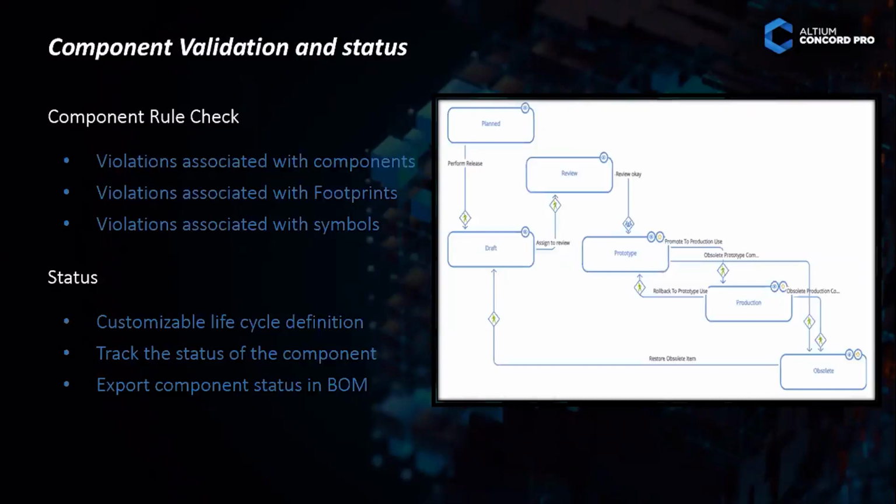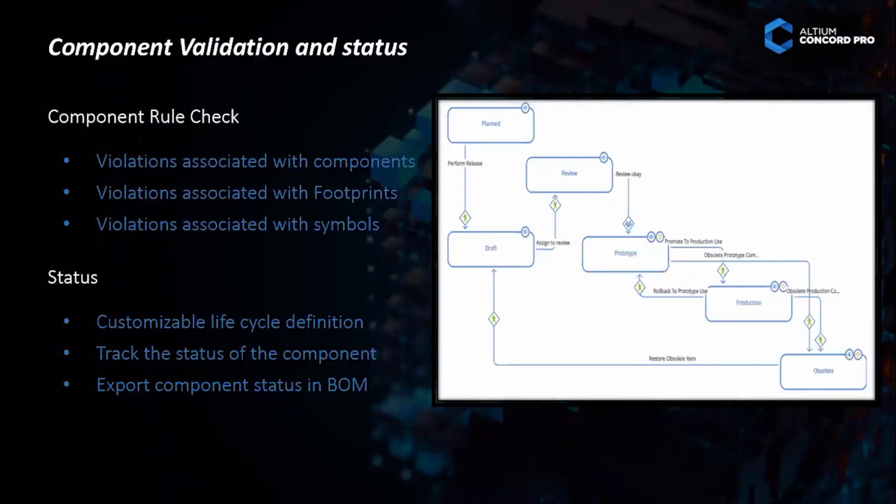And the status, means the component status. As I said, here on the right side you can see there is a planned window. Okay, means a plan. After that, draft mode, once it is done, review we can assign, and once the review is okay, we can move to prototype, then proto to production. Once it is in production, after that if you are doing any changes, once the part has become obsolete, then we can change it again to draft mode. We can modify the new components like that. So this life cycle can be customized as per your company standards, how you are following it in your company.